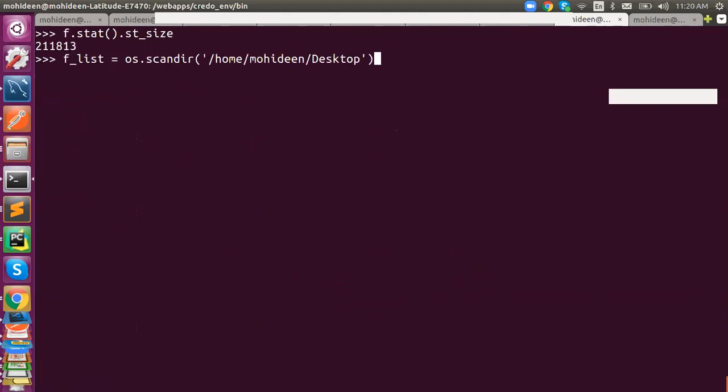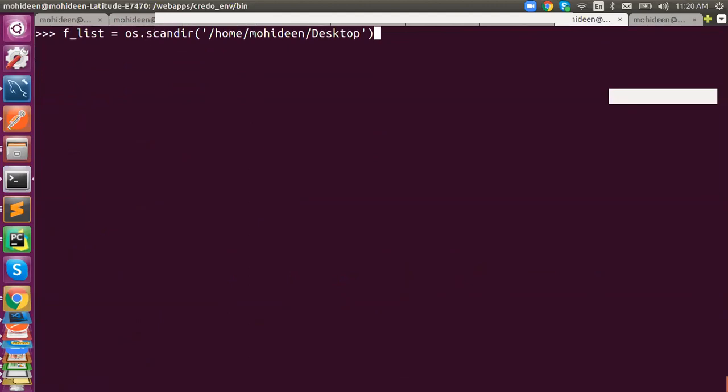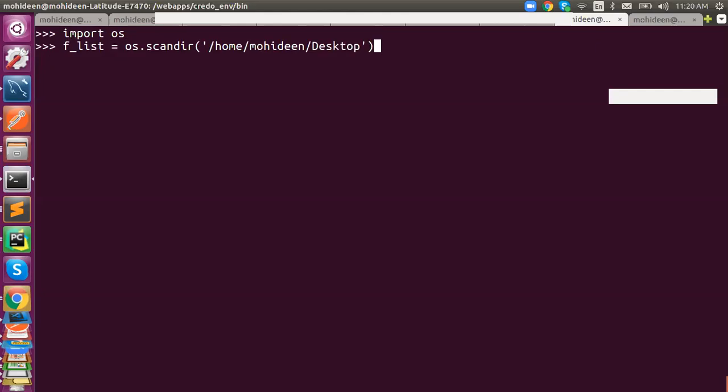The first thing is import, and scan my directory using a for loop to fetch the entries and print them. To make it simpler, just say f.stat.